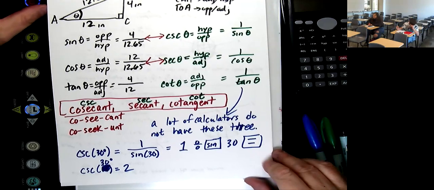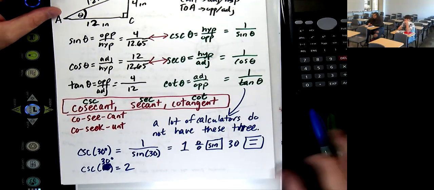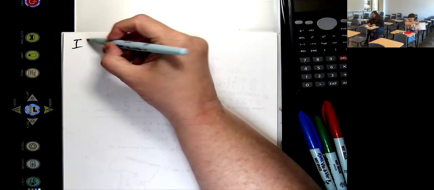All right, so we can use this information to find other parts of the triangle if we don't have everything. So if we don't have all the parts of the triangle,